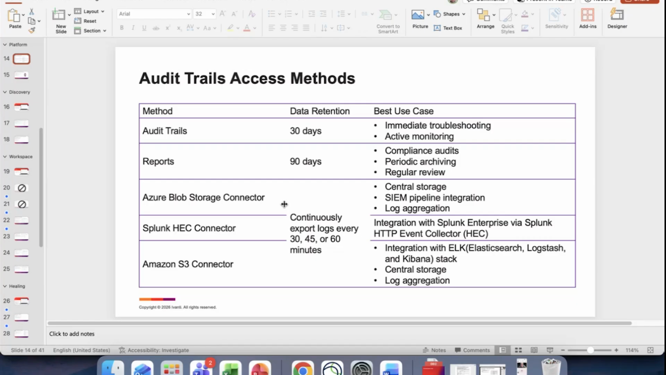And because it is in report format, it is really more appropriate for compliance audits. If you just want to periodically archive your audit trail, then the report is really for you. But if you have an even higher requirement, you want more than 90 days, and you want